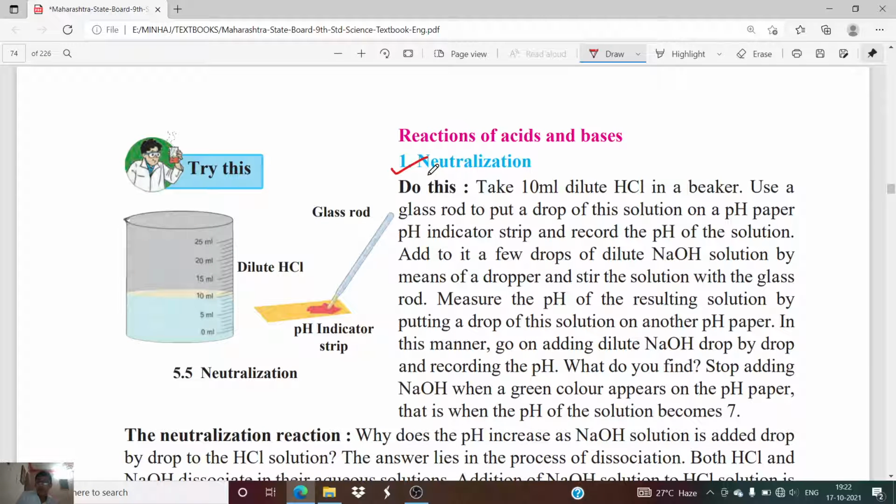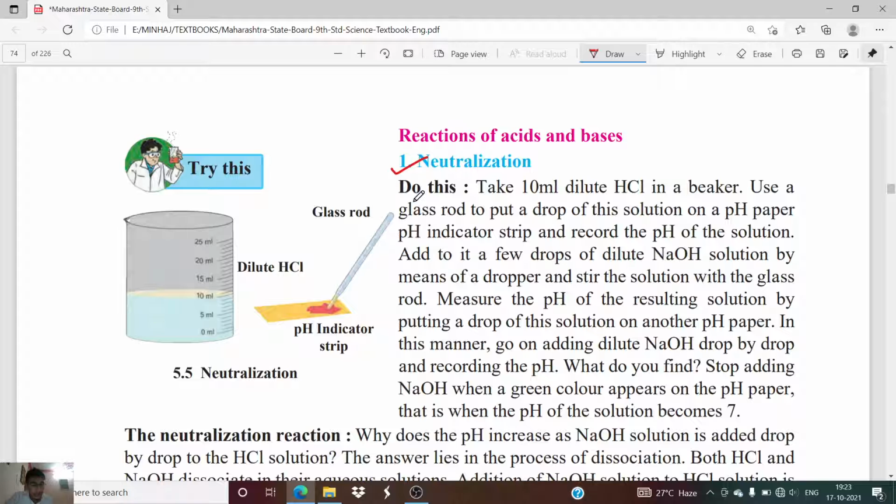For this particular concept, we are going to perform a certain experiment which is mentioned over here. We will be taking 10 ml of dilute HCl in a beaker. Then we will use a glass rod to put a drop of this solution on a pH paper, pH indicator strip, and record the pH of the solution. Definitely the pH value of dilute HCl, that is hydrochloric acid, will be less than 7, as it